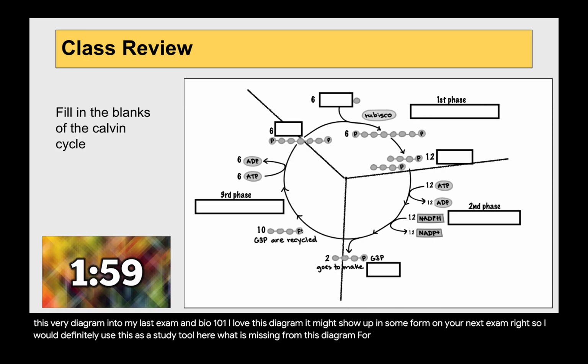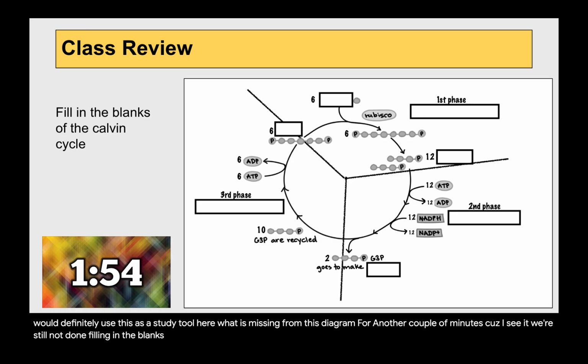I'm actually gonna give you another couple of minutes because I see we're still not done filling in the blanks on our own notes. And then that creates